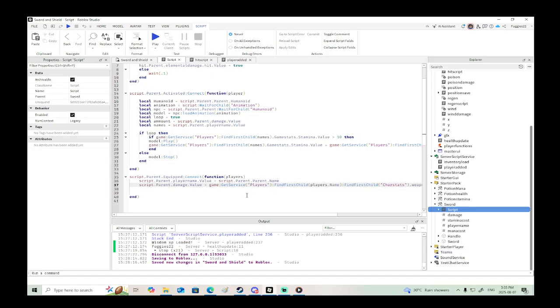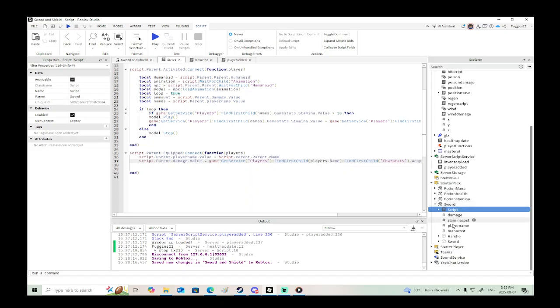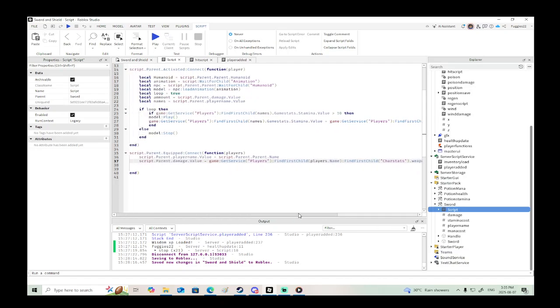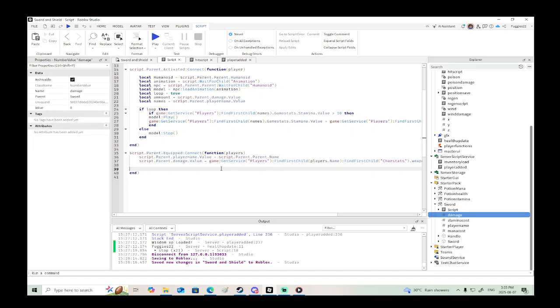When we equip it, it gives our name to the player name. But what we also want it to do is, right here, it assigns the damage value to the weapon. So what we also want to do is we need to say